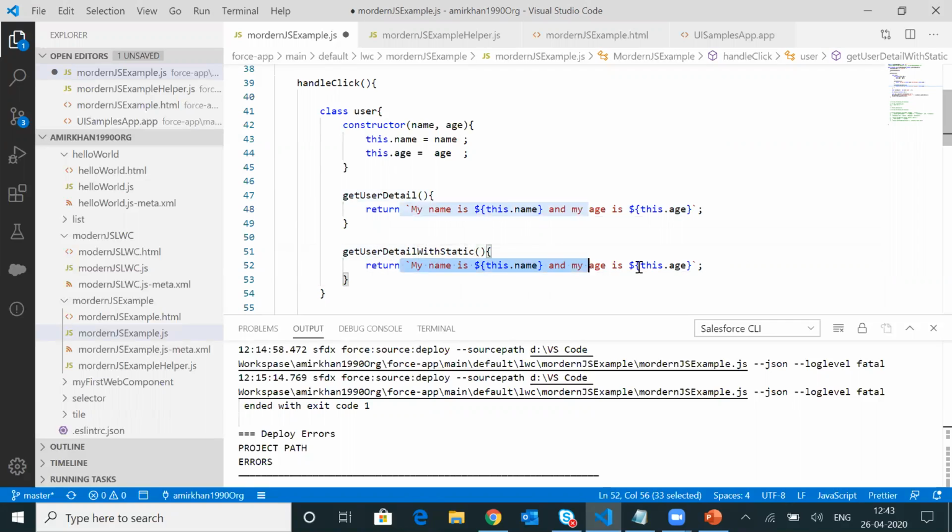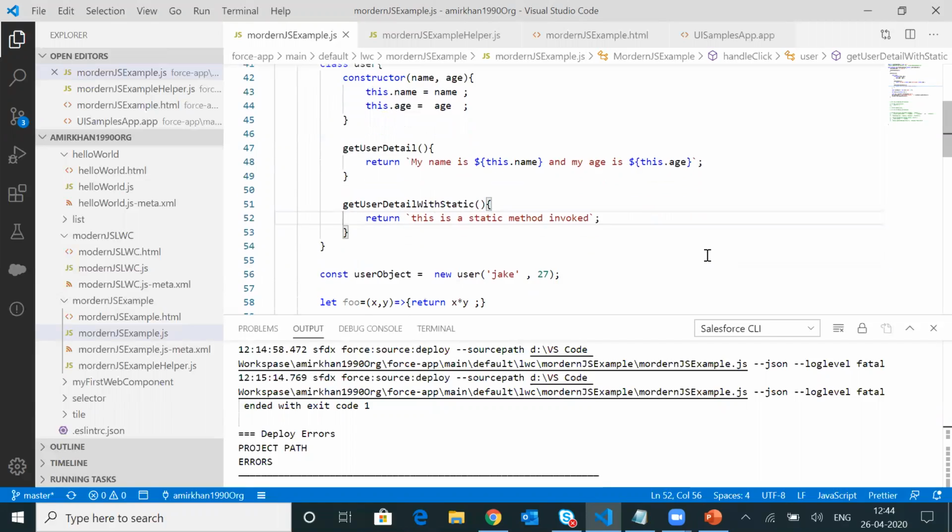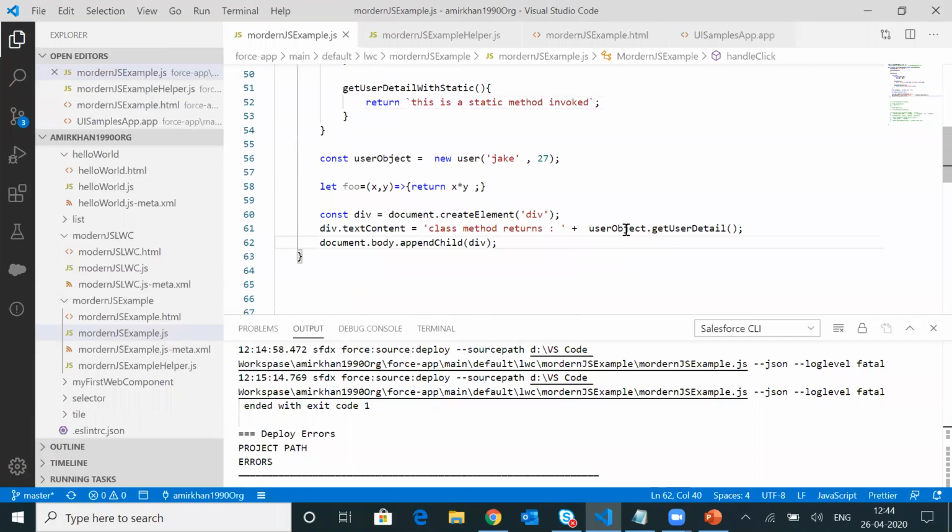So I am returning one more string. Let's say I will be saying that this is a static method invoked.